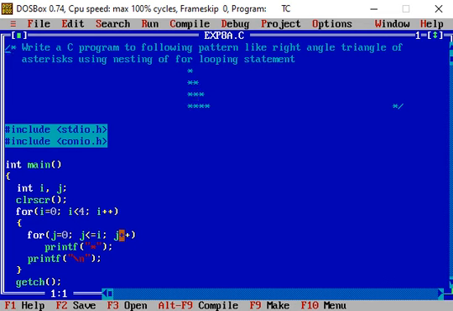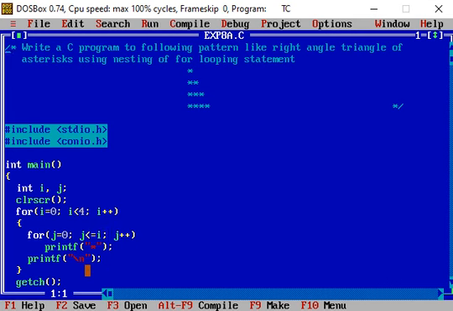And then the value of j is incremented. So this value becomes now 2. So 2 less than or equal to 2, the condition is again true. So again the printf statement is executed, and this prints the third star in the third row, and after printing that one, when the value of j is incremented, this value becomes 3. So 3 less than or equal to 2, the condition becomes false, and control comes out of the inner for loop.